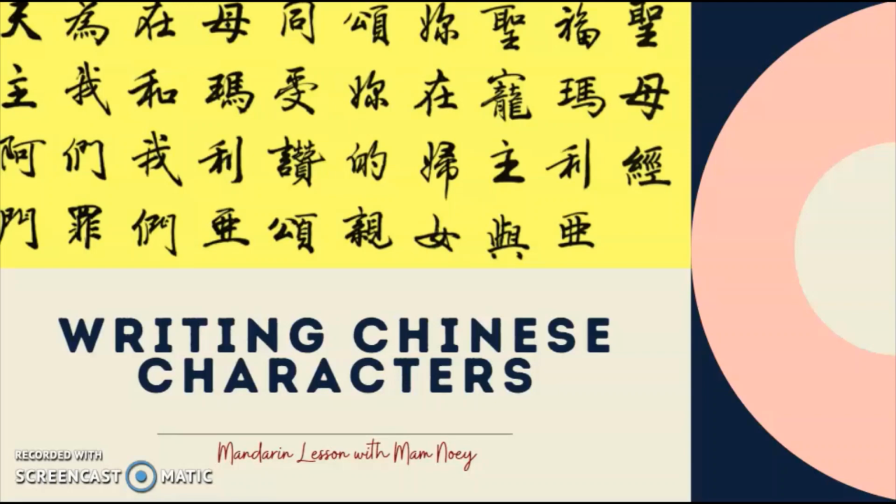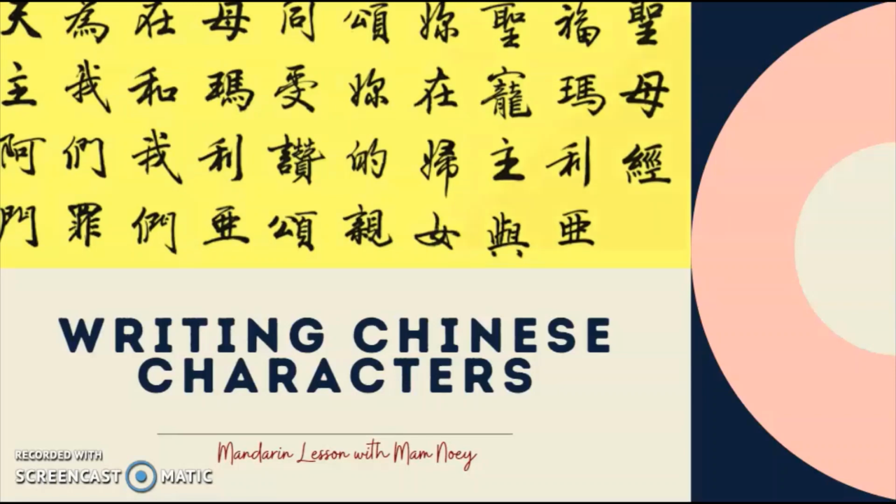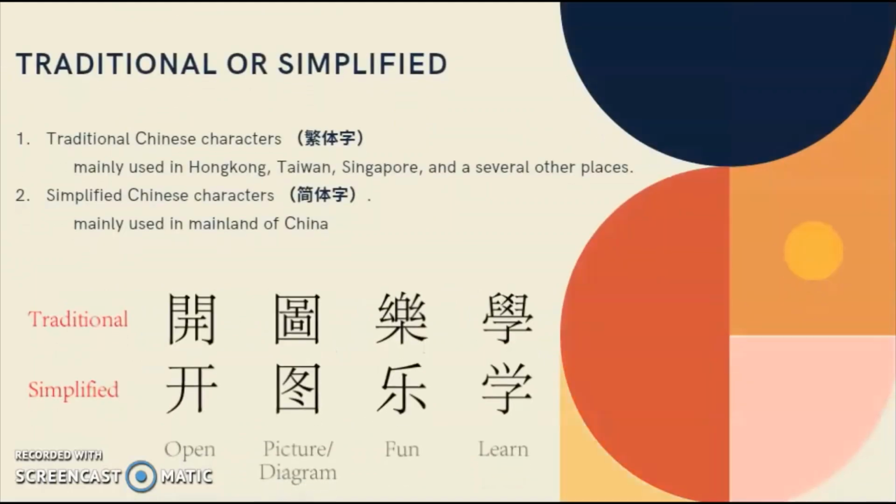After understanding the fundamental precepts of writing characters and the guidelines behind it, mastering the writing of characters would really be easy. So to start, let's distinguish the difference between traditional and simplified. You see, both follow the same rules in writing. However, the traditional Chinese character is mainly used in Hong Kong, Taiwan, Singapore,